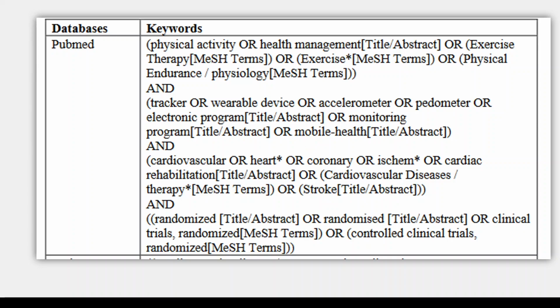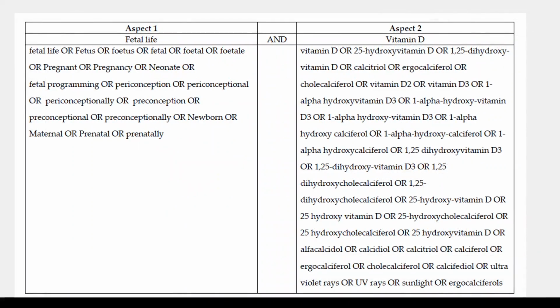And the next one is another systematic review that I'll link in the video description below. And I want to point out terms like fetal life, UV rays, ultraviolet rays, vitamin D. None of these have quotes or field tags, and that's going to affect how the search runs in the database. And the most important thing here is that I don't think authors understand what is happening when they create searches like these. So let's take a look at what happens.